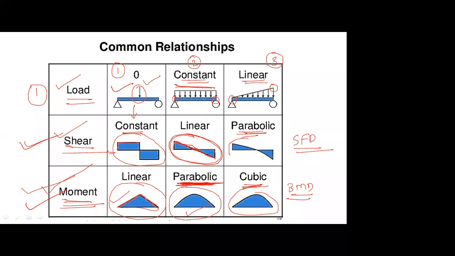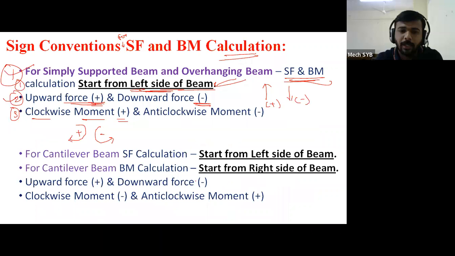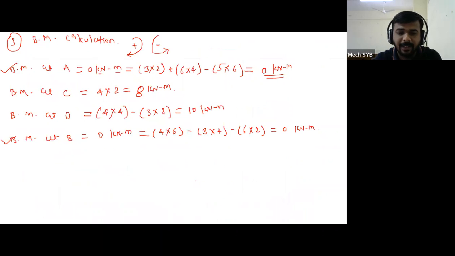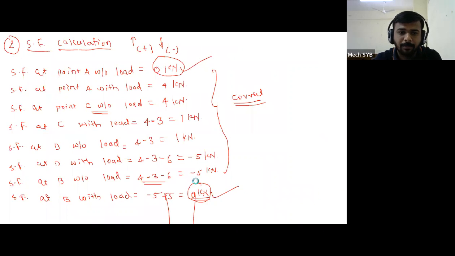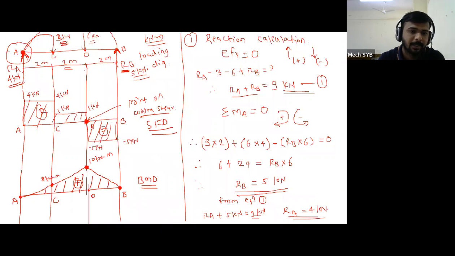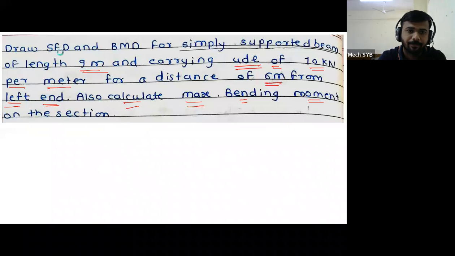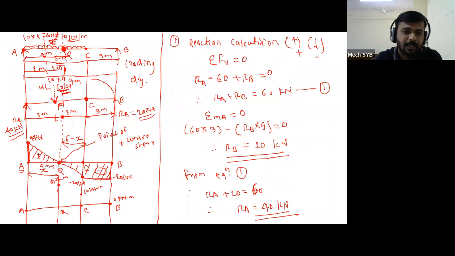Parabolic. Parabolic curve. Therefore don't draw the inclined line. या ठिकाणी inclined line येणार नाही. For the first problem, या फर्स्ट प्रॉब्लेम मध्ये आपण हे सगळे पॉइंट inclined line ड्रॉ केलेले because point load is present. But here if you see